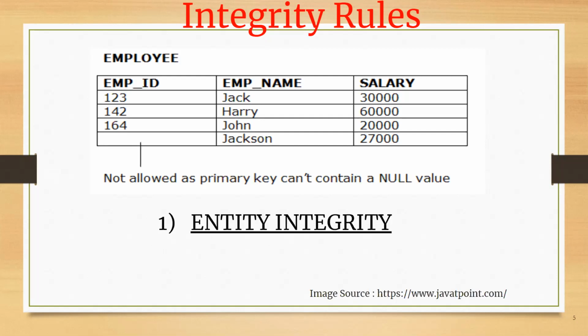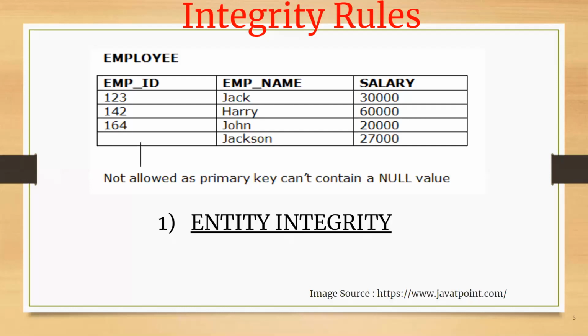When I talk about integrity constraints, they are divided into three. The very first we are going to start with is entity integrity. Entity integrity is somewhere you can say the concept of the primary key. This integrity states that the primary key value cannot be null, because the primary key value is the one value which uniquely identifies the individual records in the relation, and if that key has a null value, then we cannot identify those rows. So the table cannot contain a null value in the primary key field.